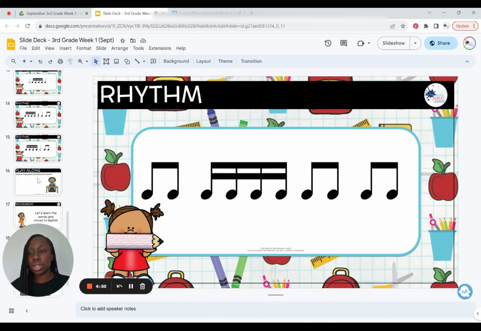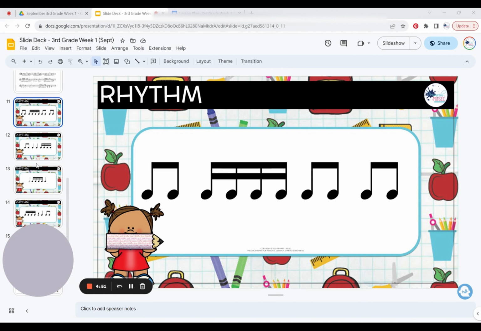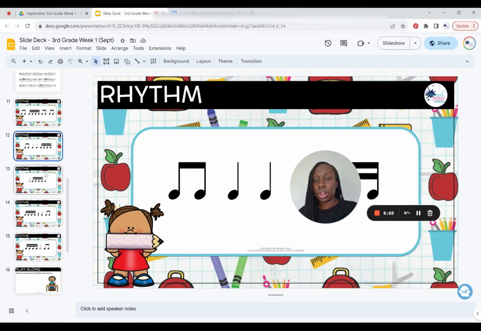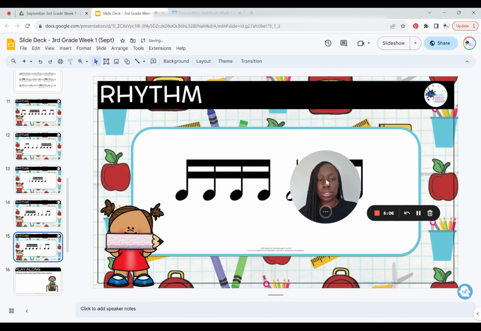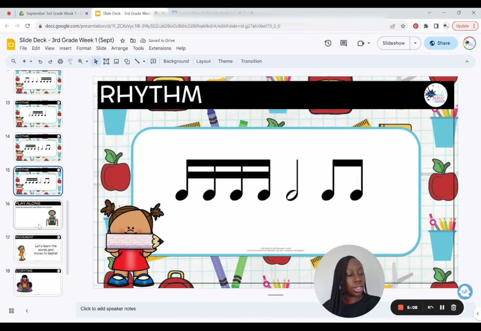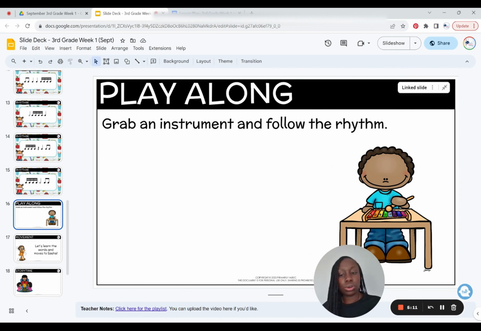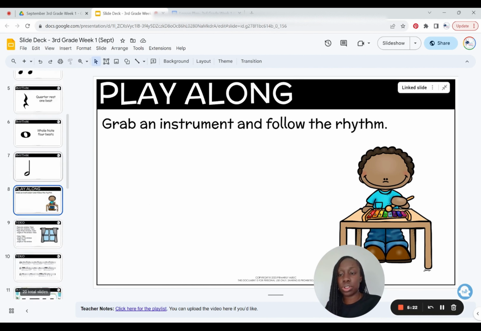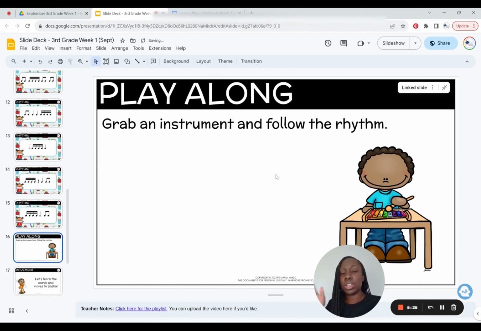We have rhythms here that they can practice using the 16th notes. And then we go to another rhythm play along. This rhythm play along includes 16th notes. So while the initial rhythm play along was just rhythms that they learned in the previous year, this one is now going to be one that includes the one that they just learned, the 16th note.